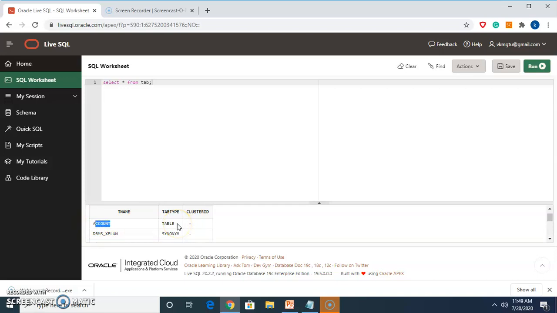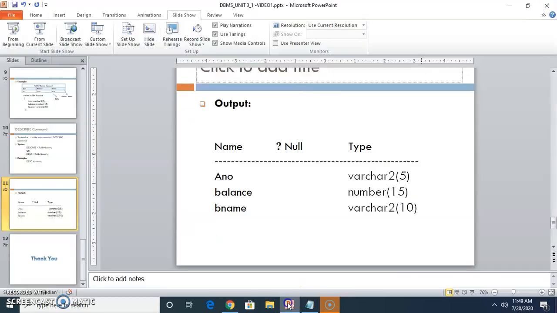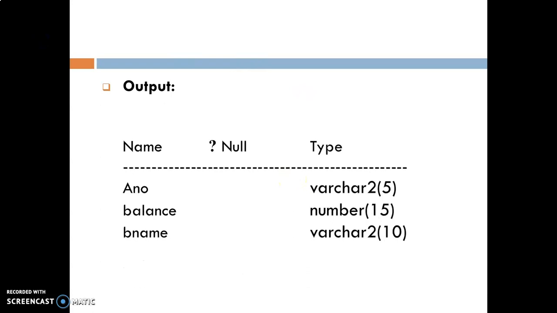Okay, so this is about the practical session of the create command. So this is the schema, that means the logical structure of the account table. Thank you.